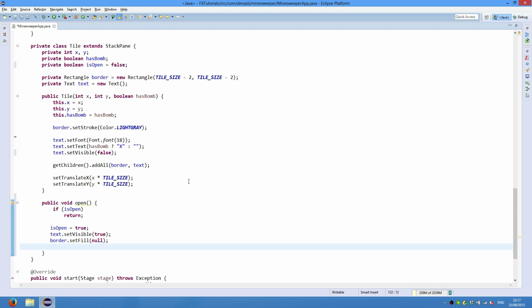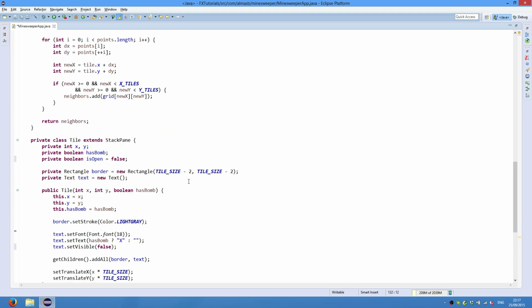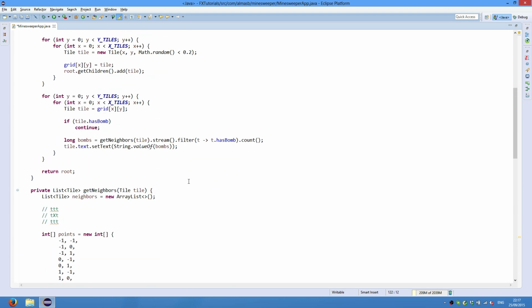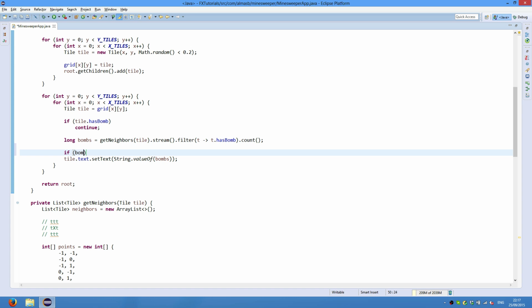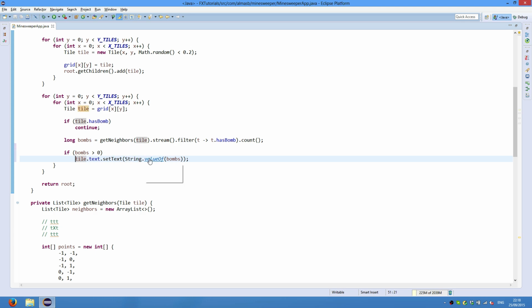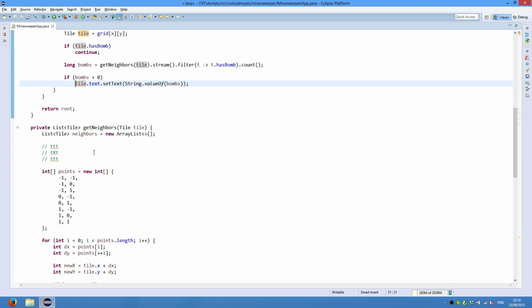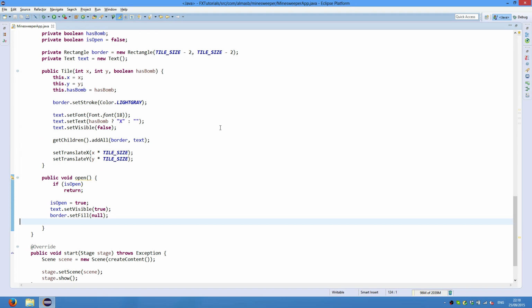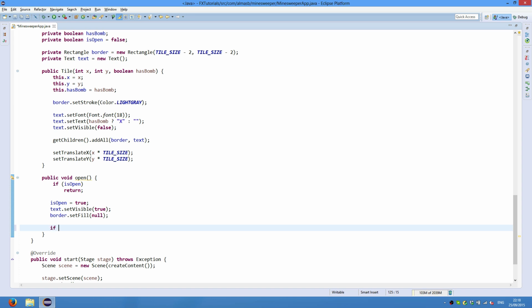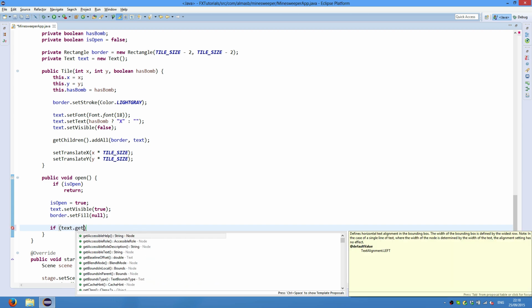And what else? Actually, in the original game, I think if it has 0 bombs around tiles, it doesn't even display it. So if bombs more than 0, then display the value or set the value. If it has 0 bombs, then it should be automatically able to open adjacent cells which also don't have bombs. So if text is empty,